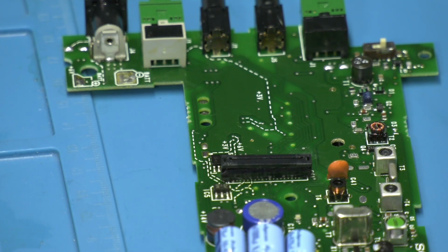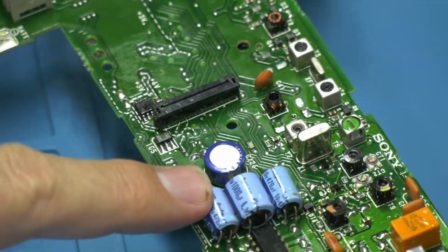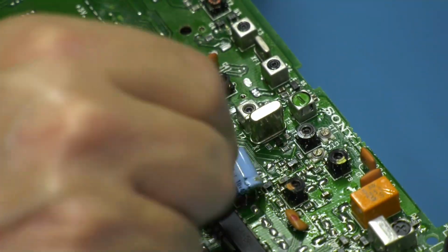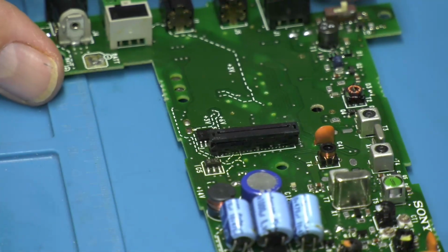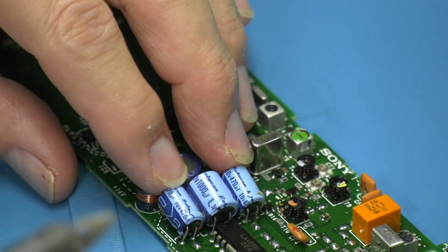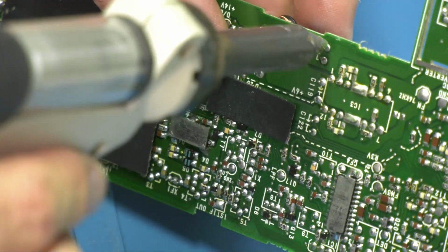I haven't removed the solder from the solder pads yet, but I want to get these electrolytics and this super cap off the board. So I've just put a screwdriver underneath and lifted them because they were all sort of glued down to the board. So as I say, I'm just going to get the desoldering tool and take these three out. So we've got 470 either side and 1000 in the middle. So hopefully